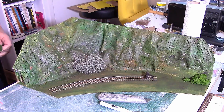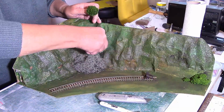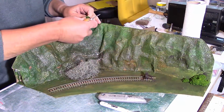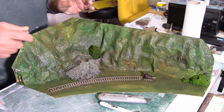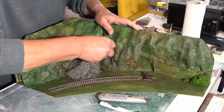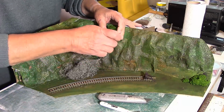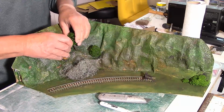Now I want to add some more dimensions to the overall look by adding bushes and scatter material. If you have already done some scenery on your railway, you will be able to use some of the leftovers here. I started by fixing a Pico rail buffer to the end of the dummy siding. With a mind towards the viewing direction of this diorama, I placed most of the foliage in the corner and